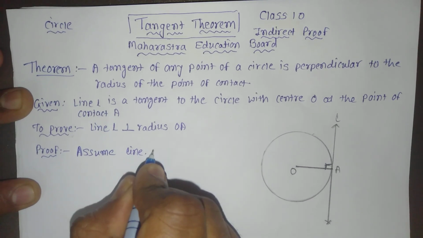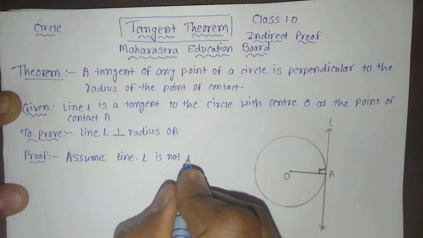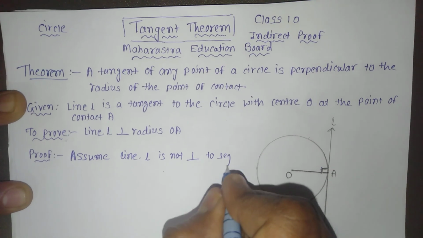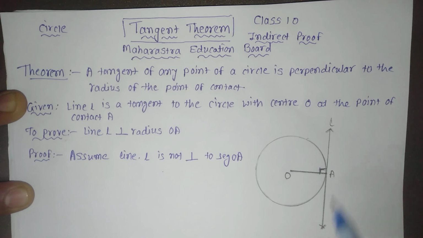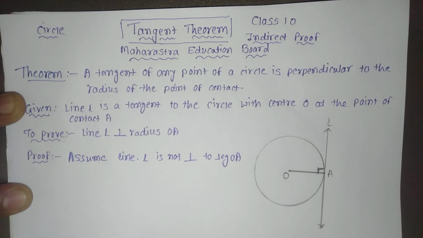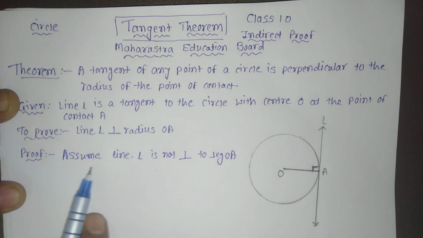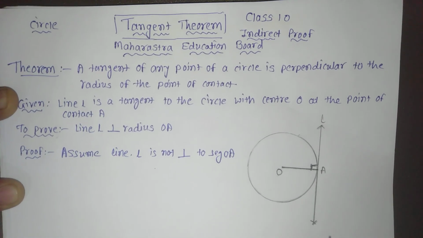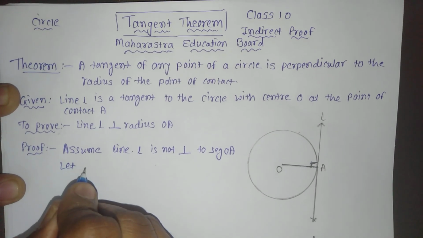Assume that line L is not perpendicular to segment OA. We assume that it is not perpendicular. This line L is not perpendicular to OA. Now, suppose segment OB is drawn which is perpendicular to line L. As we assume that line L is not perpendicular, then which segment is perpendicular? Then we say that suppose segment OB